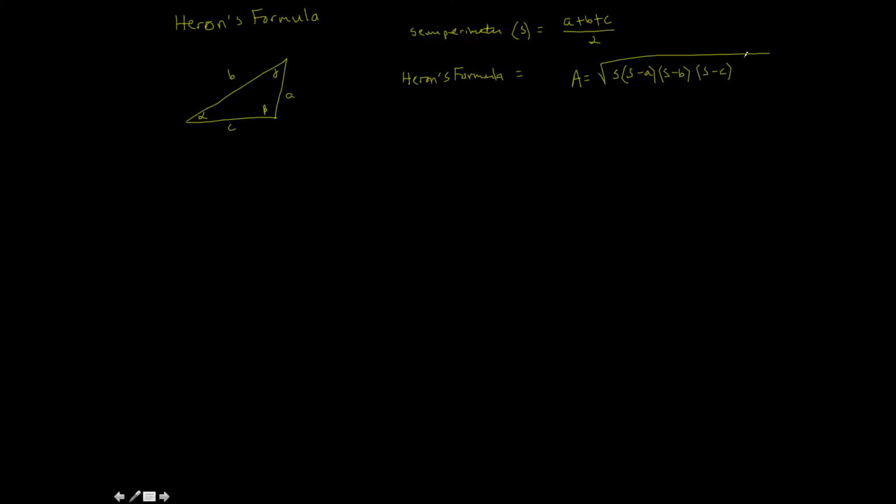Now, Heron's formula is obtained from the area formula using some half-angle identities and that sort of thing. It's a very complicated proof for Heron's formula,